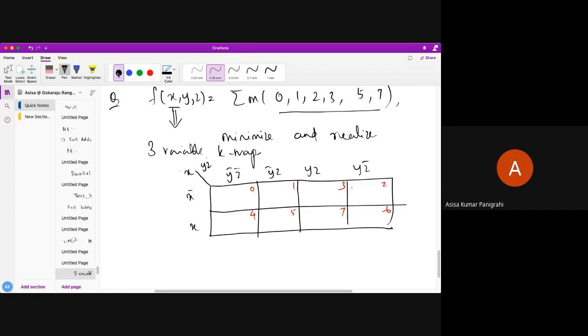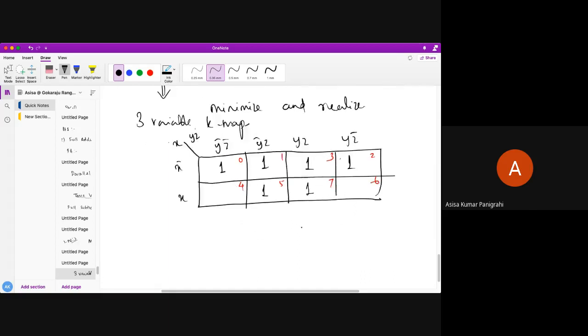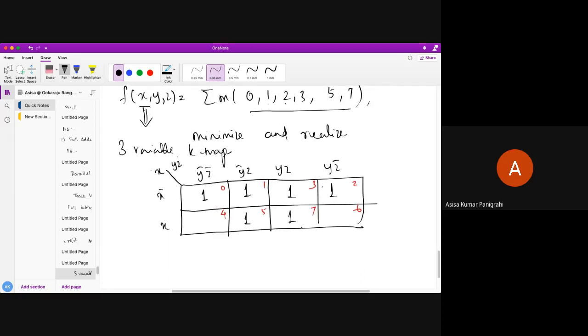Okay, next, wherever the min terms are present in the place values, put 1. So min term 0 is present, min term 1 is also present, min term 2 is also present, min term 3 is present, min term 5 is present, min term 7 is present. Okay, so see here what I have done. I have just done like this. Now I have started combining according to those rules. What are the 4 rules we have studied? I am just going to combine it up.